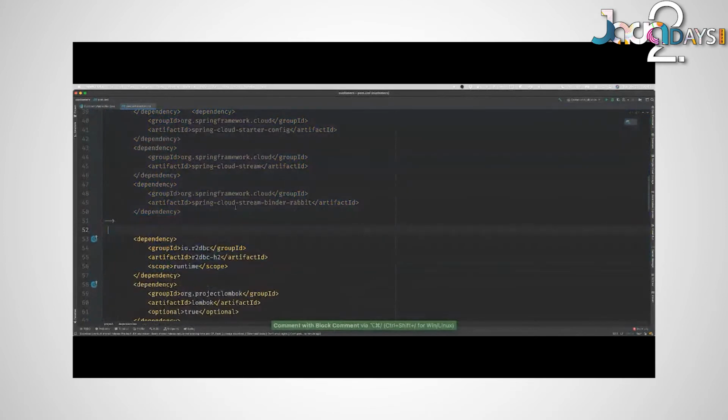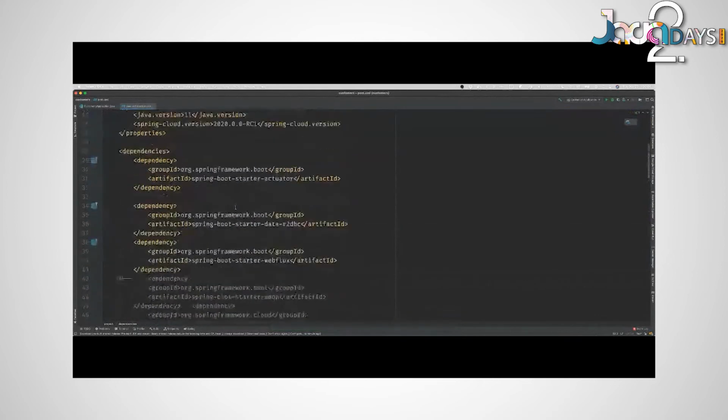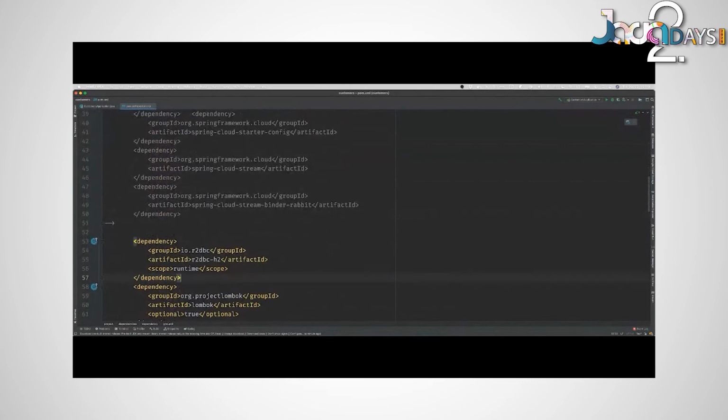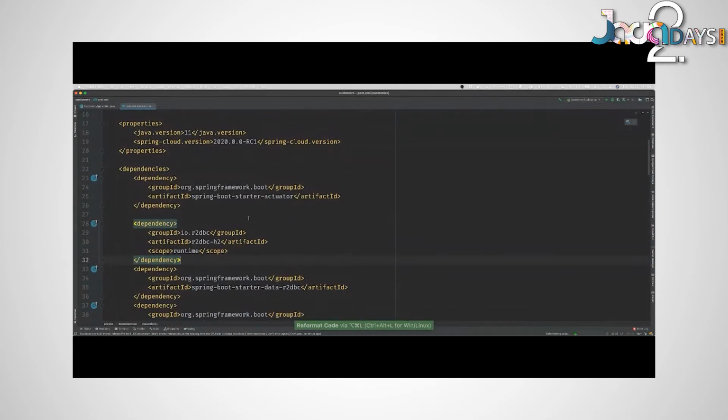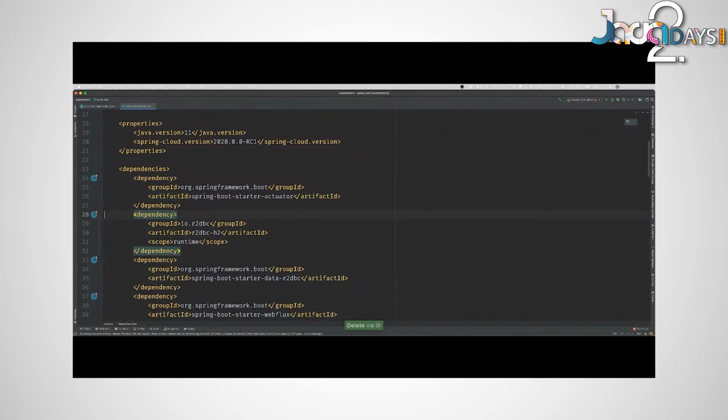So that leaves us with Actuator, Webflux, R2DBC, and our R2DBC implementation for H2. R2DBC is a set of interfaces that we on the Spring team developed, and then we donated to the Reactive Foundation. So it's now an open thing that people contribute to, of course, and we have a number of different vendors that have already taken charge or control of the implementations for their particular database.